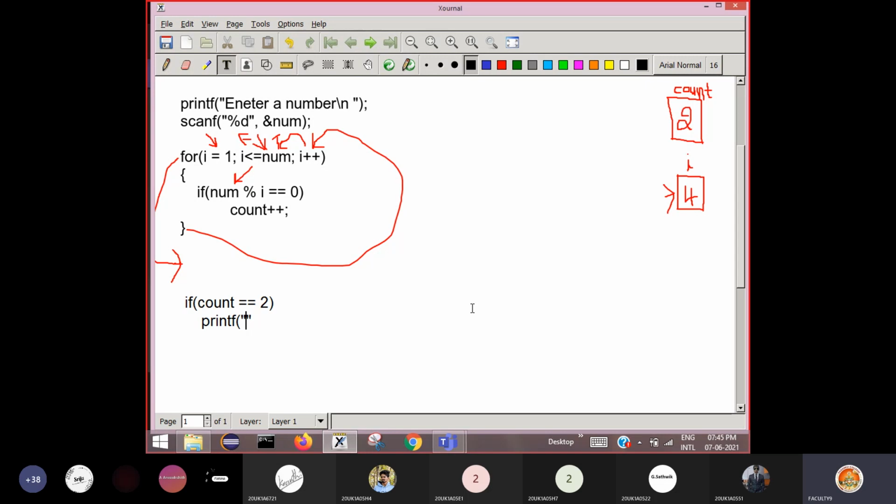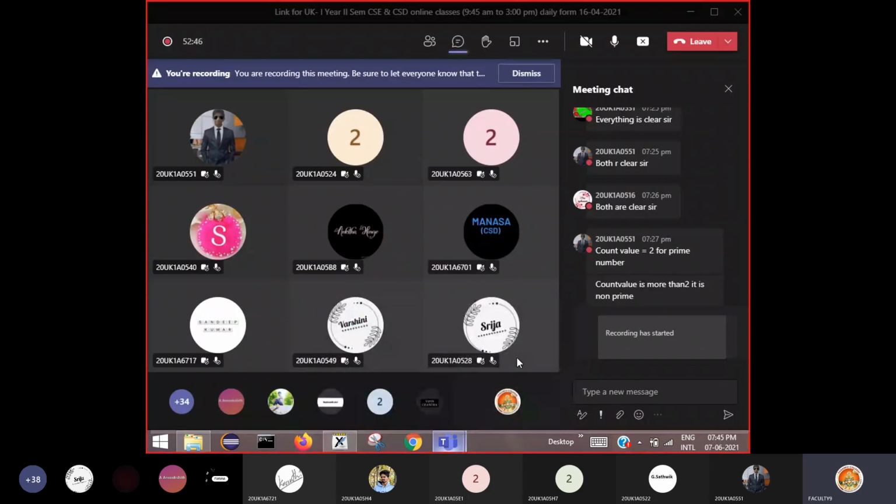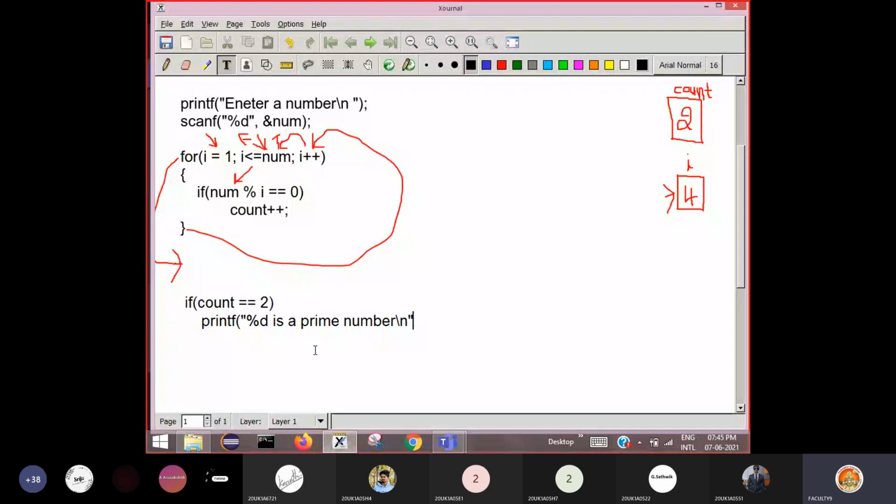So now you write here printf("%d is a prime number", num).